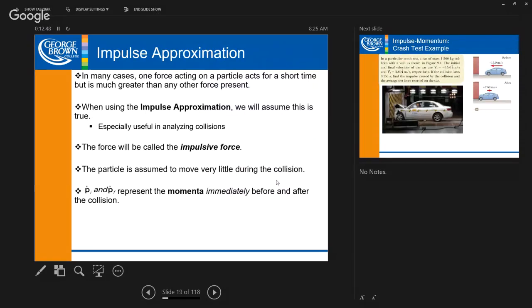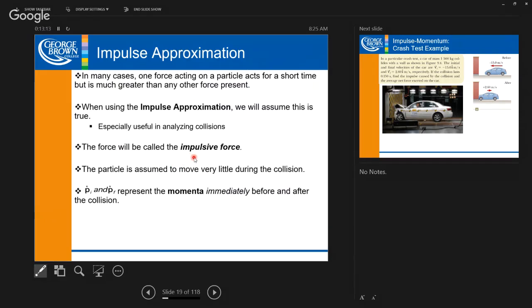Because it's such a short time, we have to approximate impulse, because we're analyzing something for a very, very short time. A lot of times we use this impulse approximation, or what we call an impulsive force, and again, I like the word impulse because